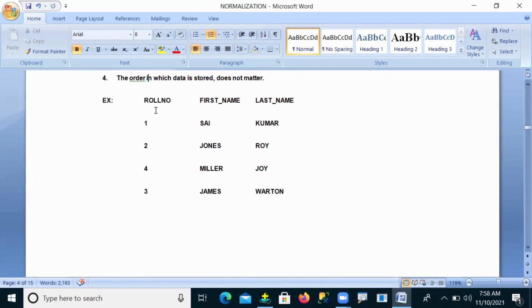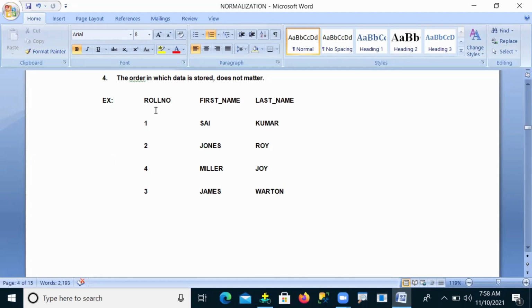It's not like I should store 1, 2, 3, 4, 5, 6 only, and accept only that format. That is not a rule. Your data can be stored in any format, any order: 1, 2, 3, 4, or 2, 3, 1, 4, or 4, 1, 3, 2.